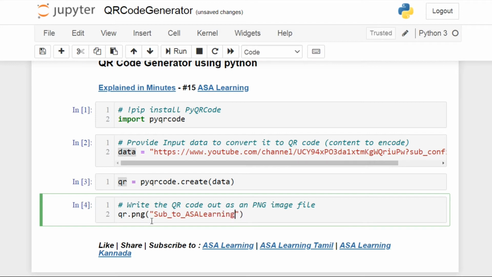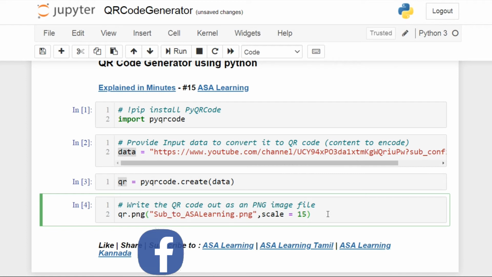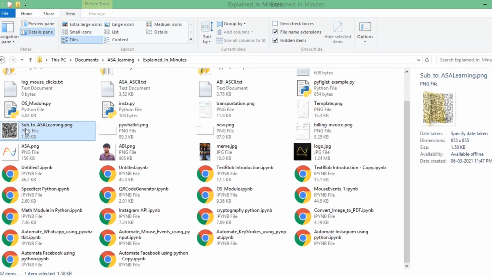And remember, we are converting this to a PNG file, so we should give the extension here. And then I will scale this image to 15 in order to generate a larger PNG image file. So I'll run this cell. In this working directory itself, our image file should have been generated. And yes, as you can see here, the image file is generated.